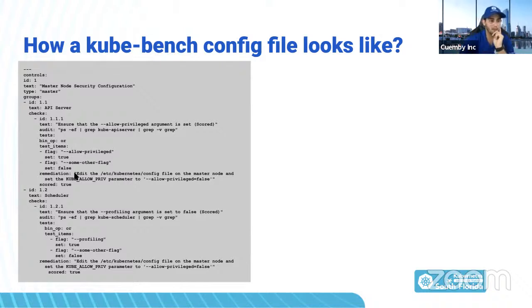And the other item that I like from the checks is the score. So you can have checks or tests, if you want to use that word, where I want to tell people that they should make sure of something, but for example, this doesn't pass, but I might say this is just a warning. So yeah, it's the best practice for you to do this, but it's not going to hurt you security wise. You will put score false, meaning that it won't tell you, hey, you need to do this right now, right?